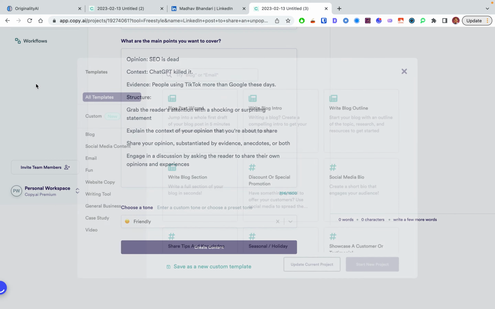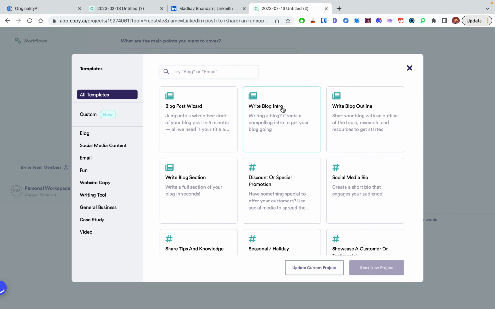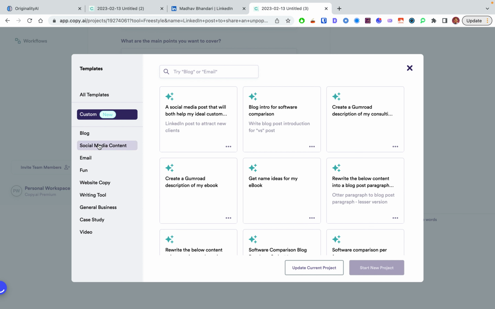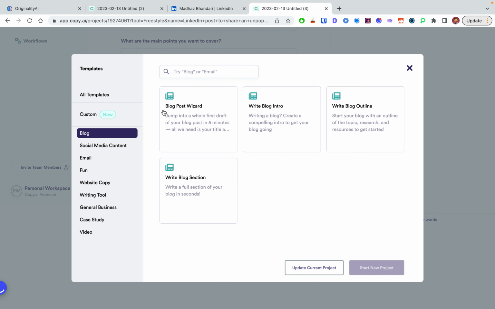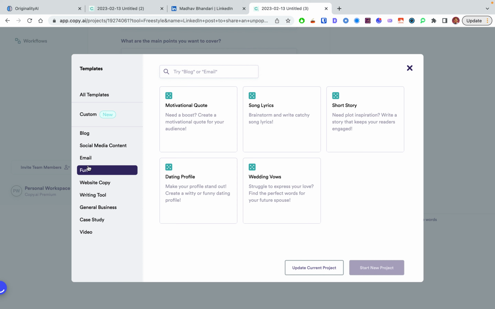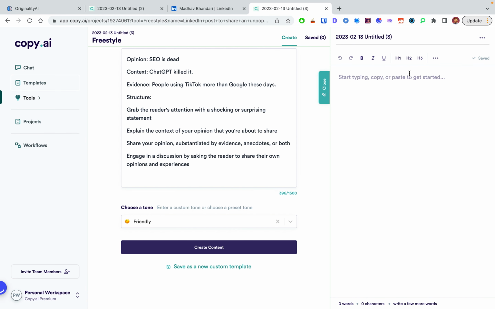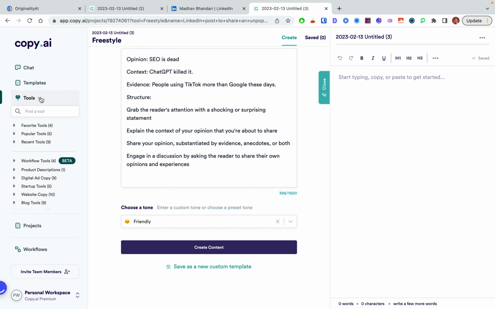So they have these templates. I've got these custom templates for myself, right? But they also have their own templates for blog post wizard, or to do something fun like create a dating profile, or use their writing tool to do that, right? So the freestyle, I absolutely love it. This is probably the most used feature for me right now, right? And then the last thing that they're trying to do right now is